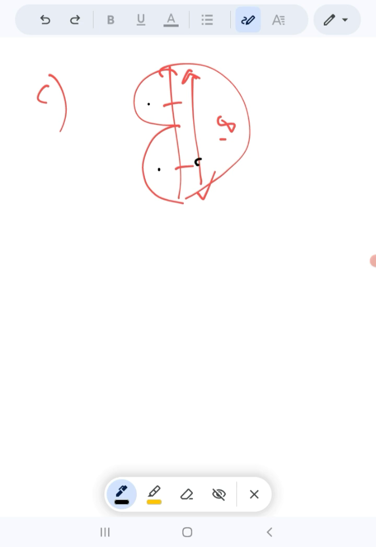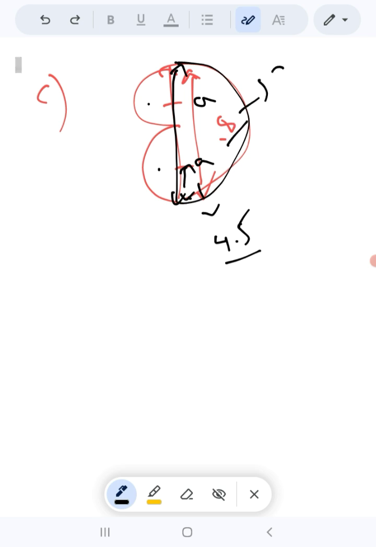So this means 9 for this entire side and 9 for this entire side, and 9 is my diameter for the first semicircle and the second semicircle. Considering the radius, that is going to be half of 9, so 9 divided by 2, that's going to be 4.5. So the radius for your small semicircle is 4.5. And for your bigger semicircle, this entire bigger one, the diameter was 18, so the radius is going to be 9. I hope it's clear to you all.